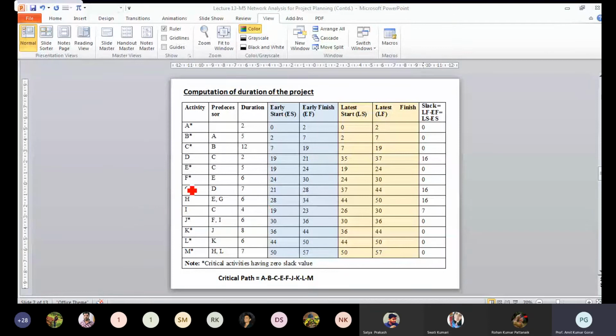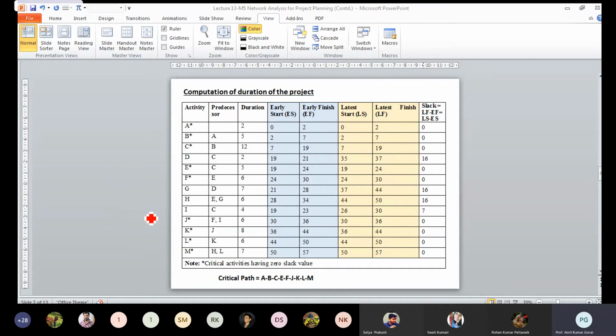And that's what you have to decide: if there are multiple predecessors, which one is taking the longest completion time. After that you can start that particular following task, and that is the maximum. So here it is 24 and 28. 28 is the maximum, and that's why 28 is the earliest start of job H.